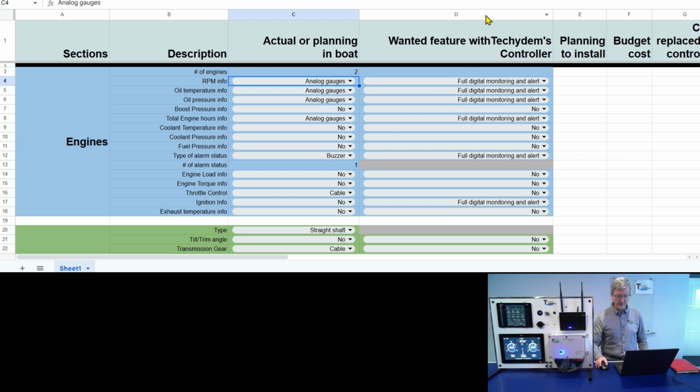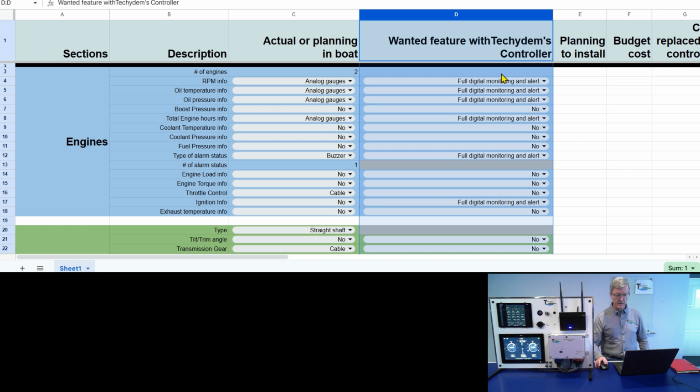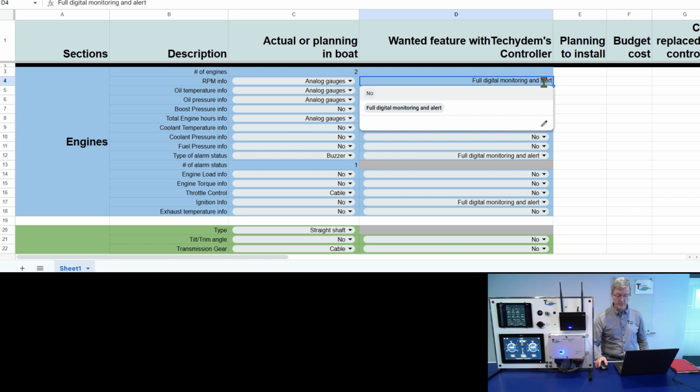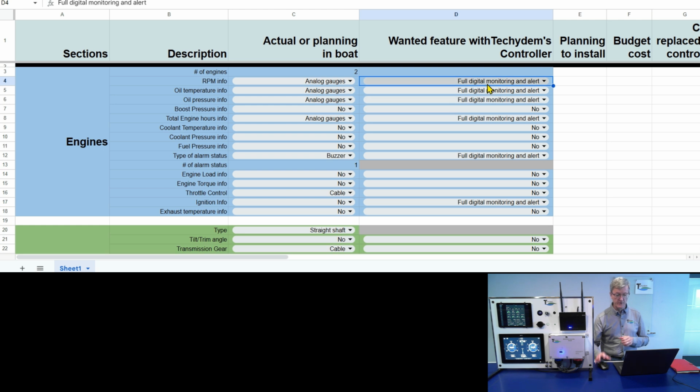And then this column right here is what you want the controller to control. So in this case, for example, the RPM, if you don't want the controller to control a specific element, you would just say no. In this case, it has been chosen to do the full digital monitoring and get an alert if there's any warning and alarms.